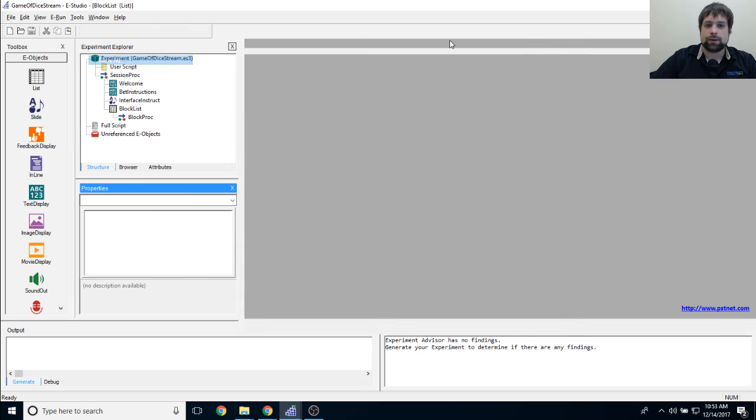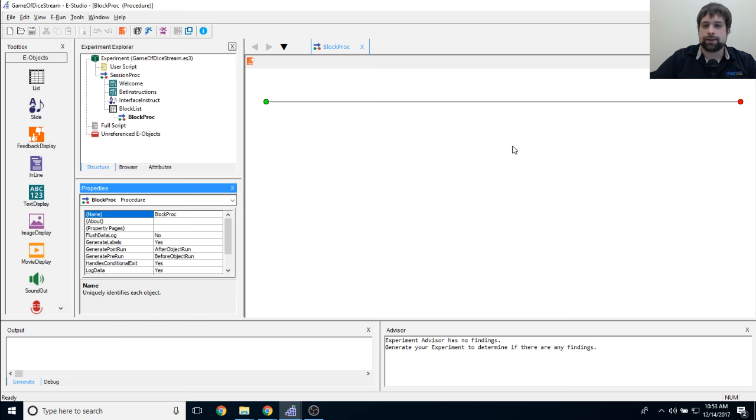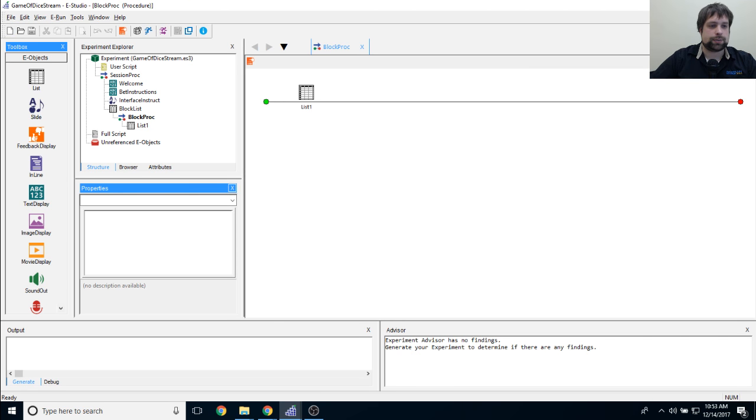So I'm going to close out of all my windows now and go into my block proc. Now, like I said, the block proc is also going to look a little silly because the only thing that we have on it is going to be our trial list object. And the trial list is going to perform an identical function to this block list, such that it is just going to make another level, but we're actually going to fill it with a little bit more information. So let's go ahead and make our trial list just by dragging the list object from our toolbox here